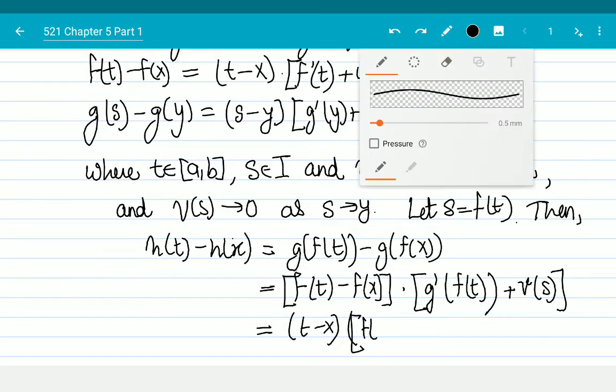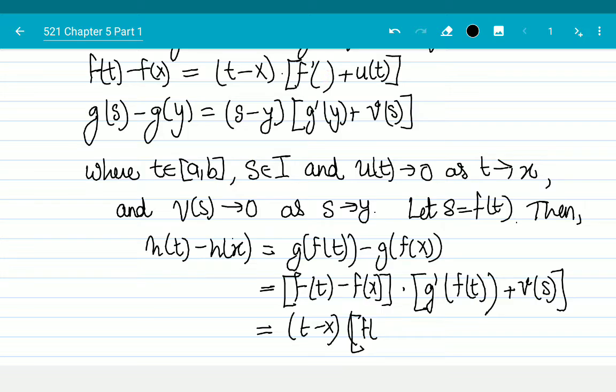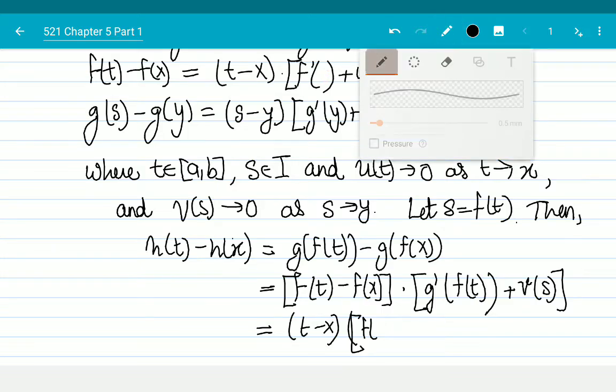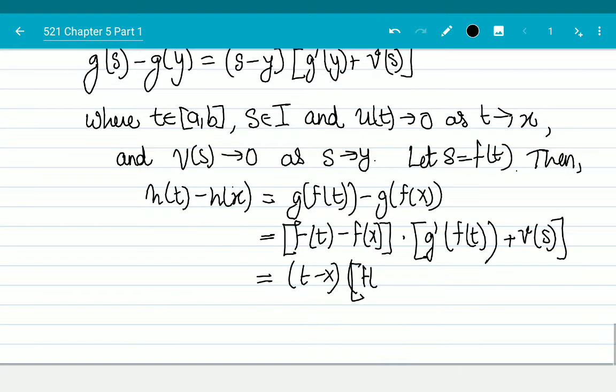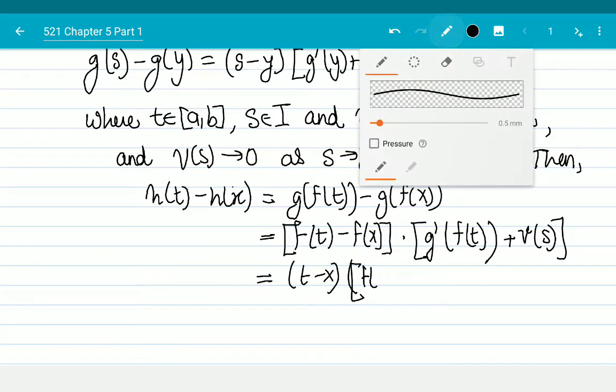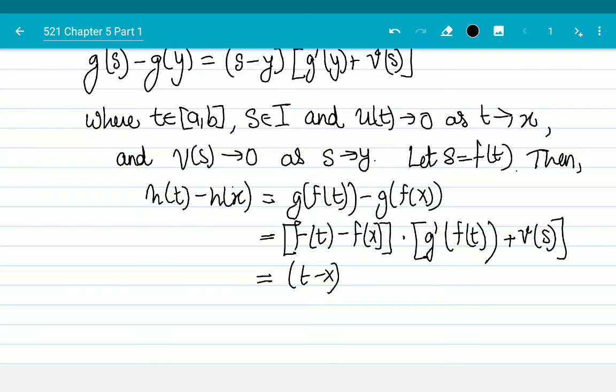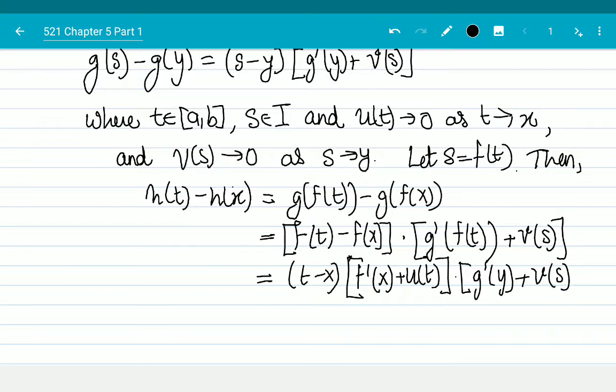That should have been an f prime of x. Okay, so this becomes t minus x times f prime of x plus u of t multiplied by g prime of y plus v of s,